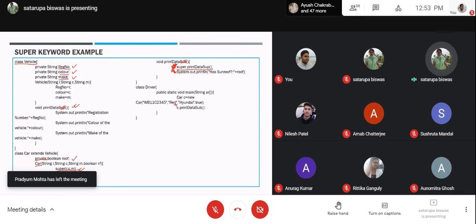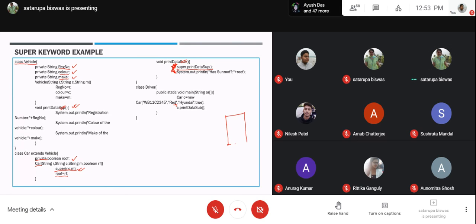So when you create this Car object, it has 4 rooms for 4 variables: registration number, color, make, and roof, which you are initializing using WB11C2345, red, Hyundai, and true.